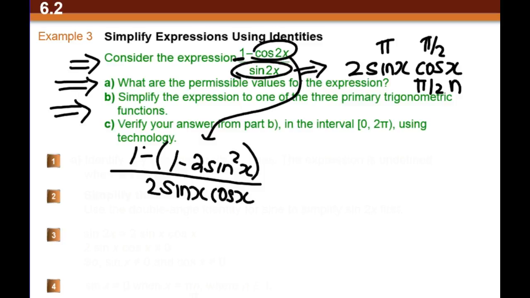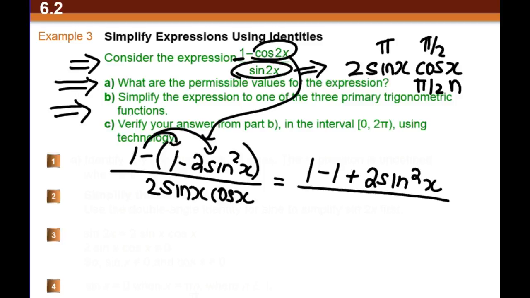Okay, so remember this negative goes into the bracket. So we have a 1 out front, and a minus times a 1 is a minus 1, and a minus times a minus is a positive 2 sine squared x, and we still have our bottom 2 sine x cos x. Okay, so this doesn't look a whole lot simpler, but hopefully we can get rid of